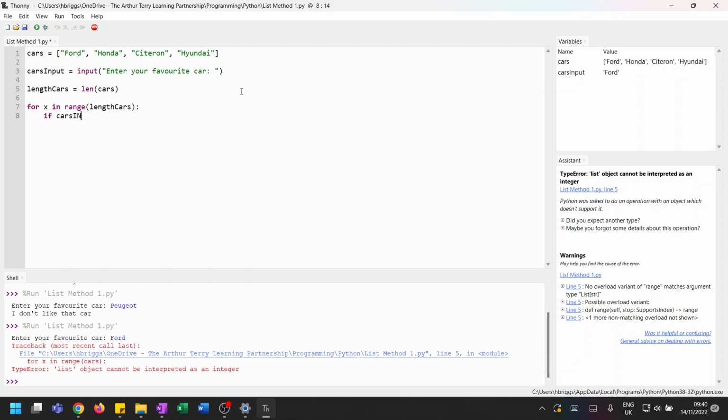cars input is equal, remember we use the double equal sign here, to cars x, and what this here is going to do is go to cars, and x is the item number in the list starting from 0. It's going to check this one here. If that's true,